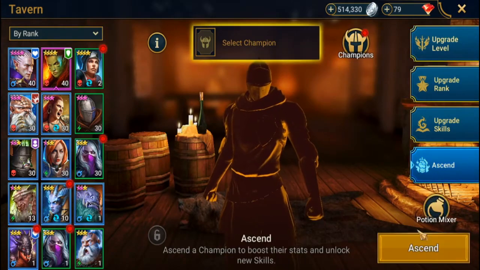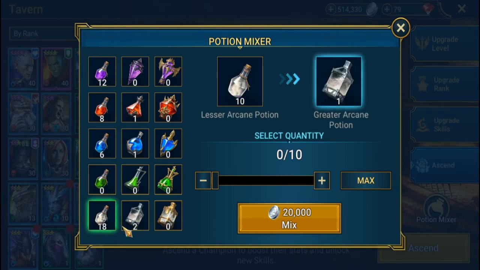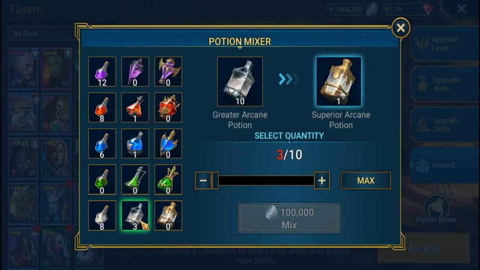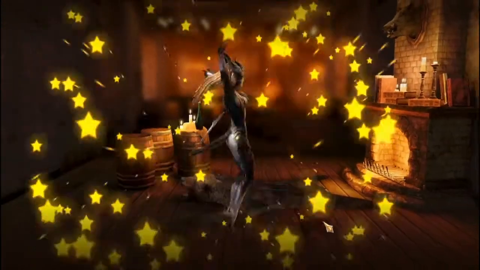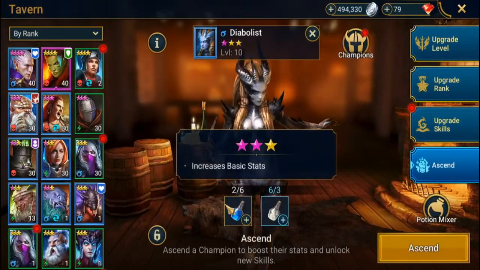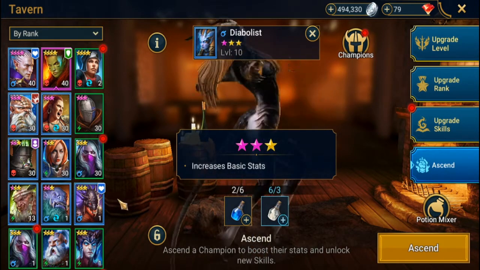for the potions for the ancient for the Arcane Keep. Now, keep in mind that it takes 10 to go up to here, and it takes 10 of these, which is 100,000, to get one of these. So, and that's the same for all of these. So keep that in mind when you're doing potions and you're ascending guys, so that you can make sure that your people are getting stronger and leveling up, and make sure you only